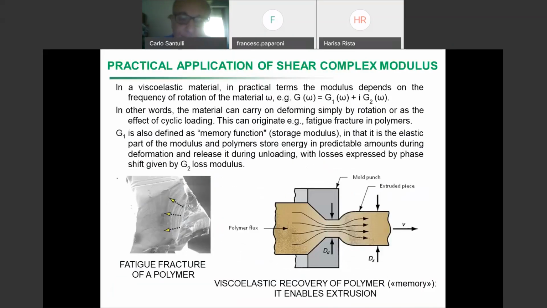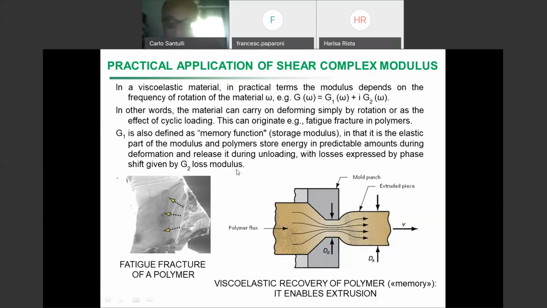It is important that the tensile Young's modulus has an influence of time or of frequency; here this omega means frequency. Also, of course, the shear modulus, which is the one that allows you, for example, to extrude a piece. So the shear modulus is composed as well by a real part, the elastic part, and the loss part, so the storage modulus and the loss modulus. Not much new here, apart from the fact that you have frequency as an effect, and as a consequence, you have